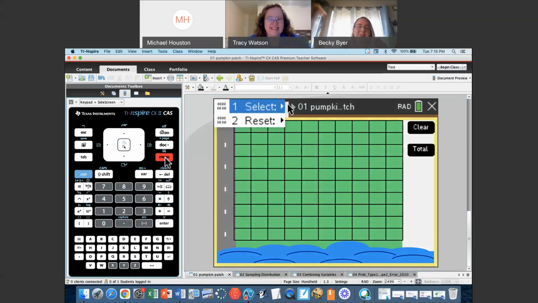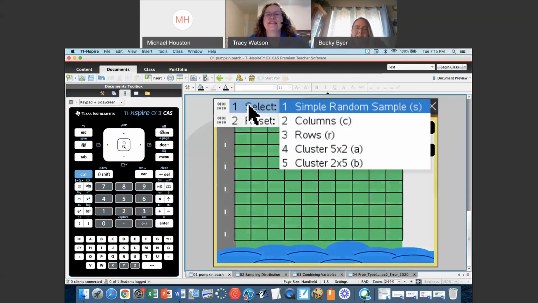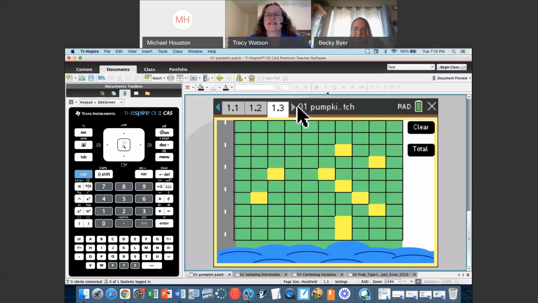If you hit the menu button, you'll notice under select, there is a simple random sample. You can actually get it to do the columns and the rows stratification for you, all 10 samples at once. But if you click on simple random sample, there is my nice simple random sample. Everyone had an equal opportunity, and there's my mean.